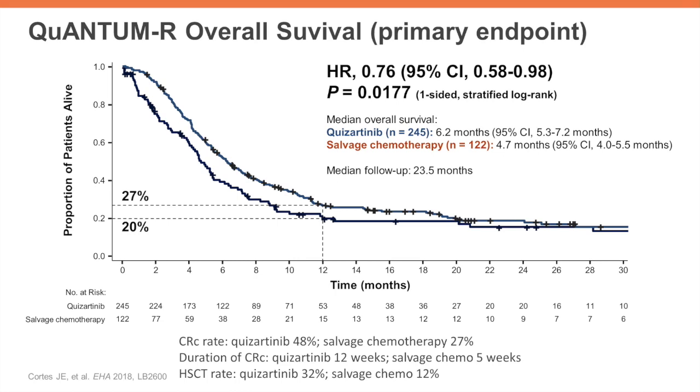I should also note that Quizartinib's toxicity profile is generally pretty mild, and this drug was mostly given in the outpatient setting on this study, obviating the need for prolonged hospitalization to achieve these results. The side effects of the drug primarily are cytopenias, perhaps dysgeusia or some GI upset, and elevation of liver function tests is not uncommon. Clinically significant QT prolongation was only seen in 3% of patients on the Quizartinib arm in this study.